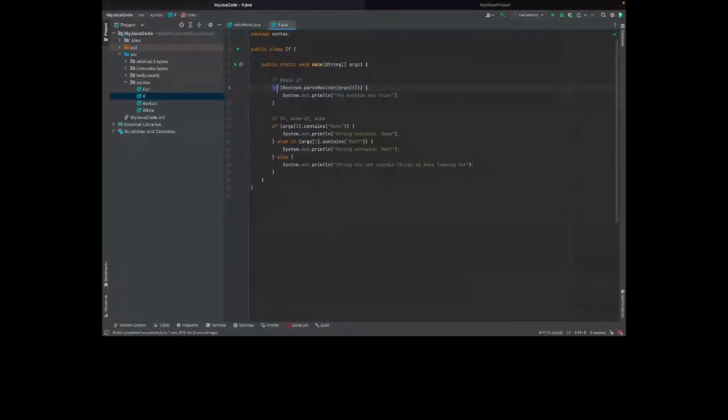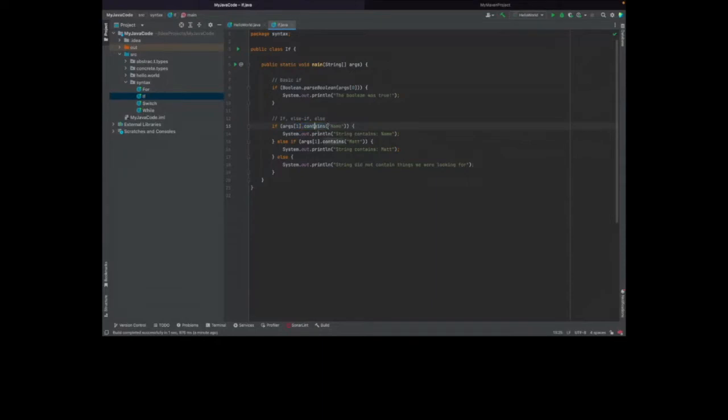You say if, you have some brackets, you perform some sort of Boolean operation. So in here, we are pulling out the first string in this string array, parsing it to be a Boolean. And then it says system out, then it was Boolean true. Then this next if statement shows off that we can do else if and else. So we're going to do args and get the second string at position 1, index 1, because arrays start at 0.